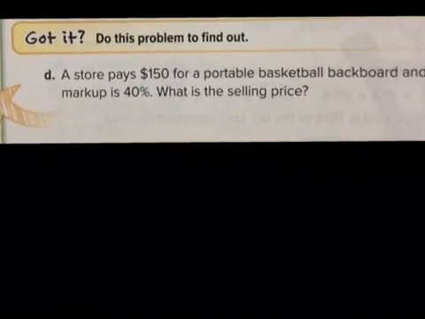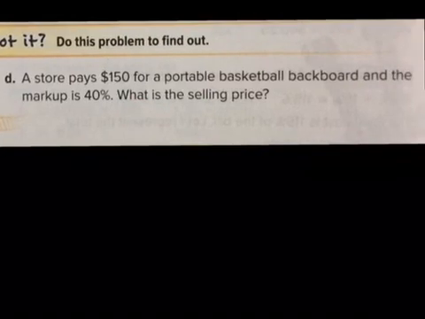Okay, now we're on page 154, question D. Let's take a look at it. A store pays $150 for a portable basketball backboard and the markup is 40%. What is the selling price? So what is it going for now? There is definitely a big markup of 40%. They don't only want us to find the markup, they want us to find the new selling price. It was $150. It was $150 times